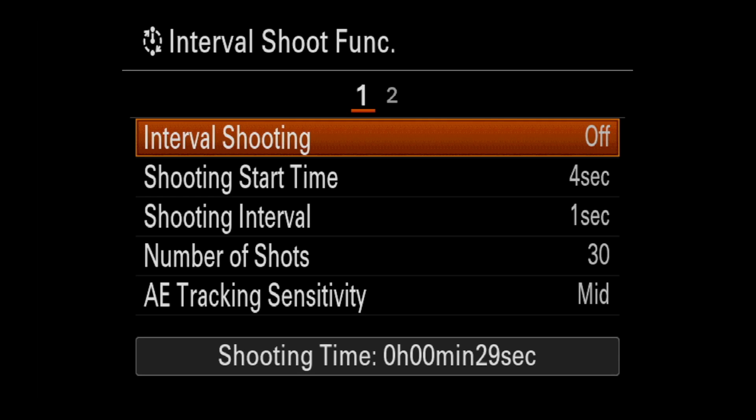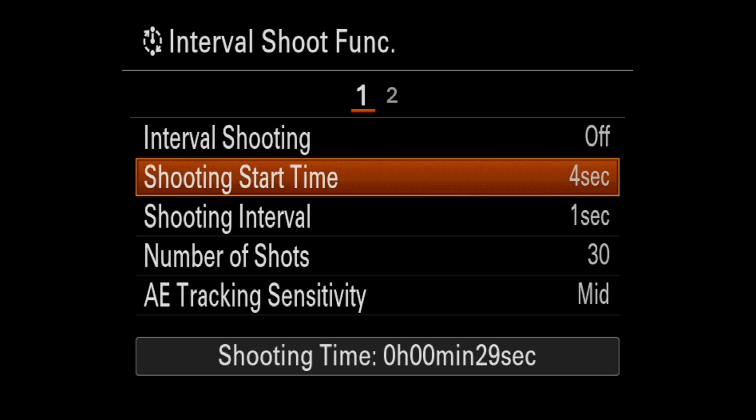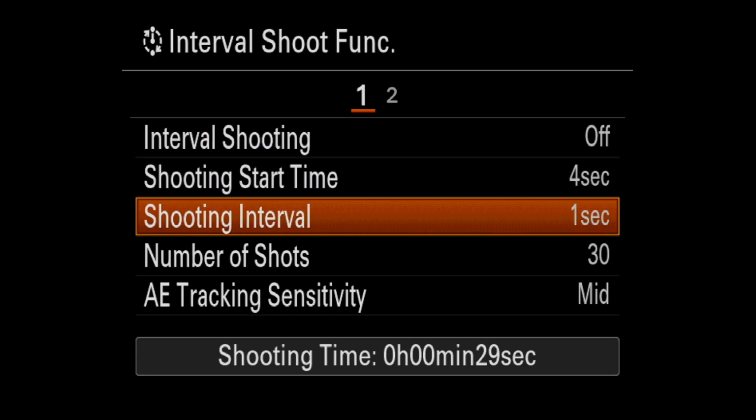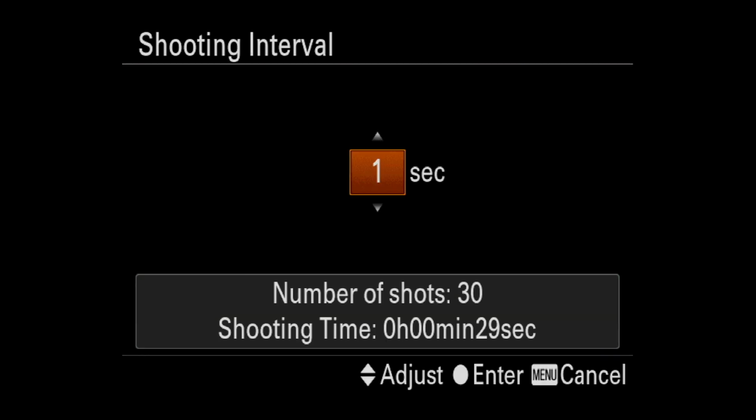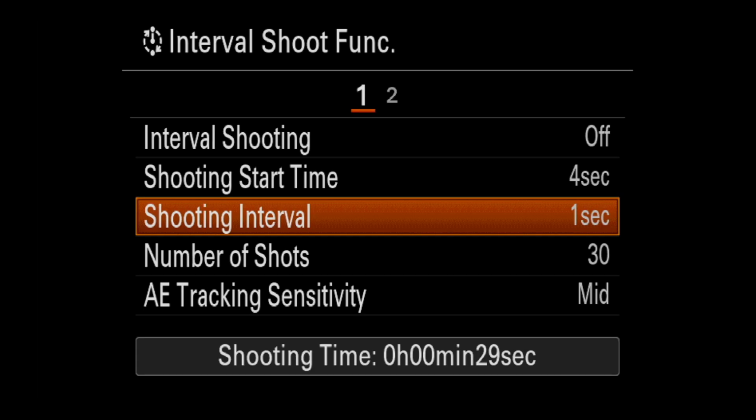You want your interval shooting. You can turn it on, and the shooting interval is pretty irrelevant. 1 second is the fastest you can set it. If you feel that your tripod is kind of wobbly, you might set it a little longer so that after